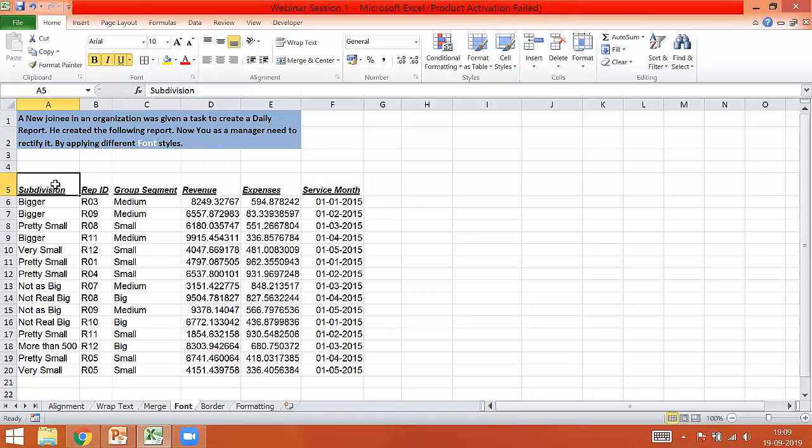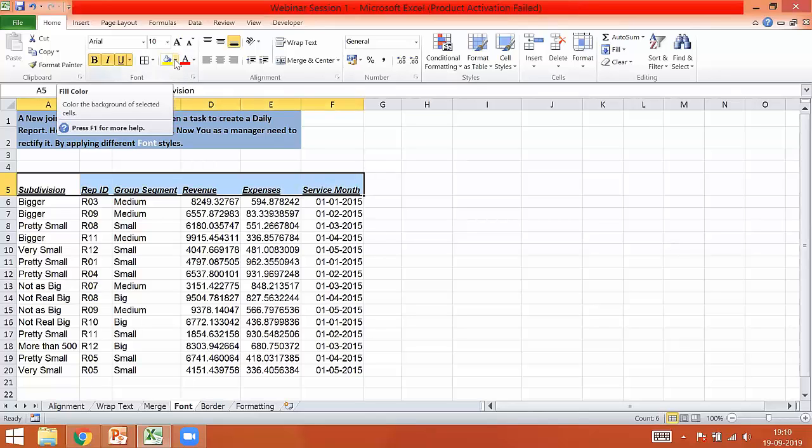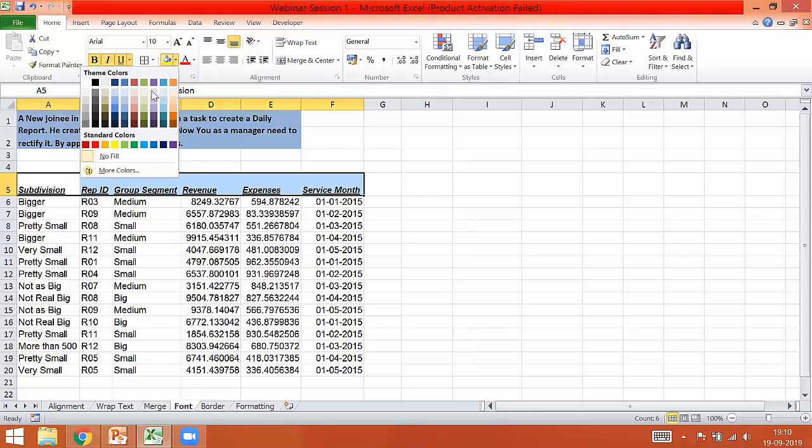If I just click on this one particular cell, or if I just select the headers, go to this fill color option, what it is going to do is fill the cells with that particular color. So there are a lot of colors. You can select either one of the colors as per your requirement.